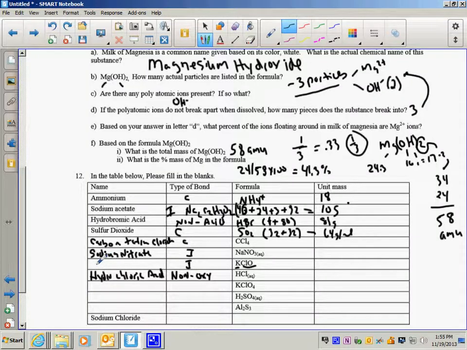And I have, the name is potassium hypochlorite. Hard to get the writing in here with this marker, but it is what it is. This again is a polyatomic anion that is going to be perchlorate and potassium again, so it is ionic, and it is potassium perchlorate. This is an acid, it's an oxy acid,